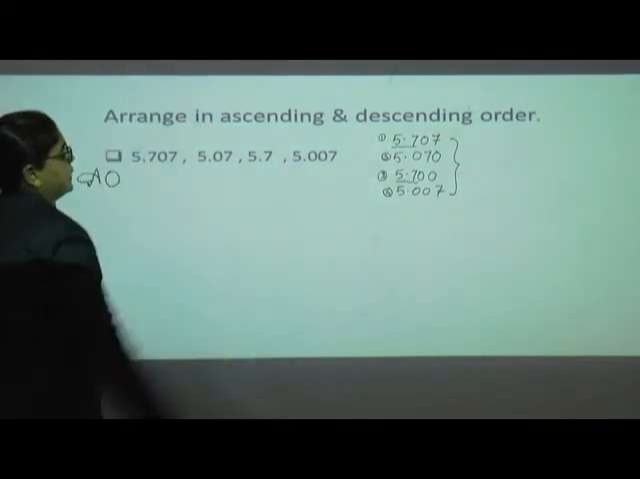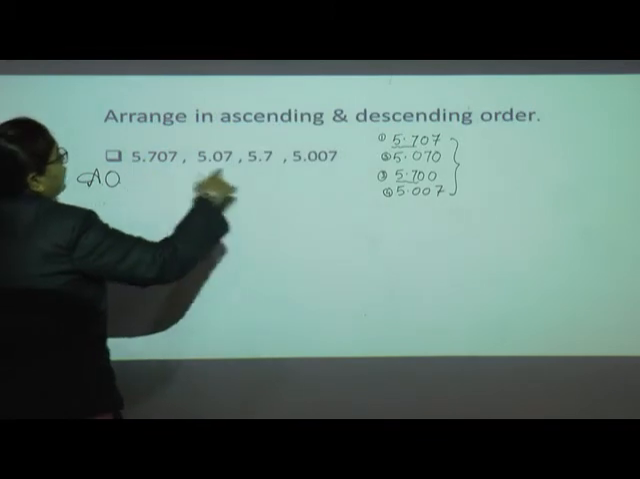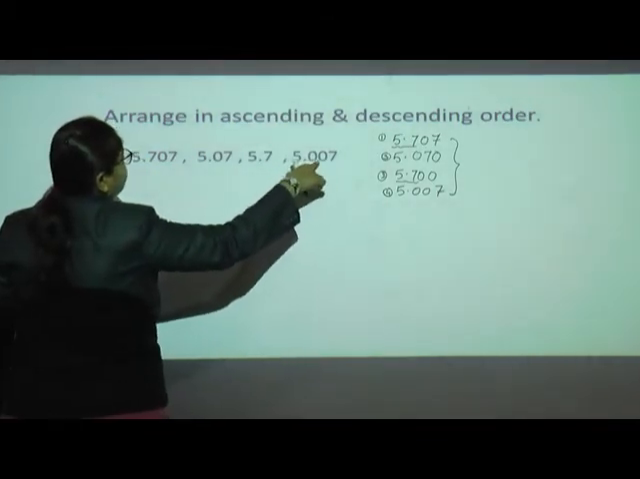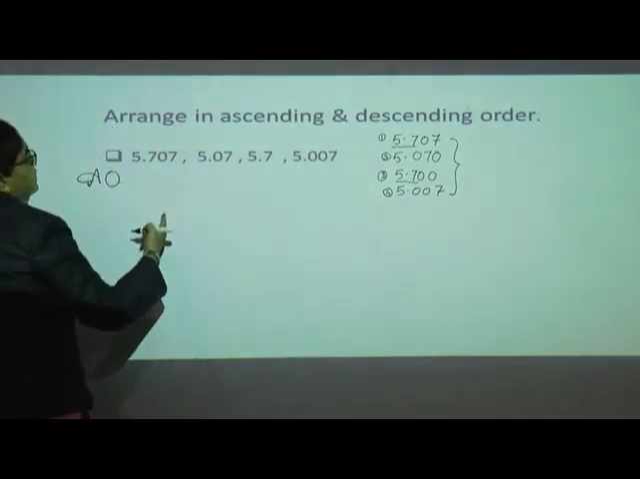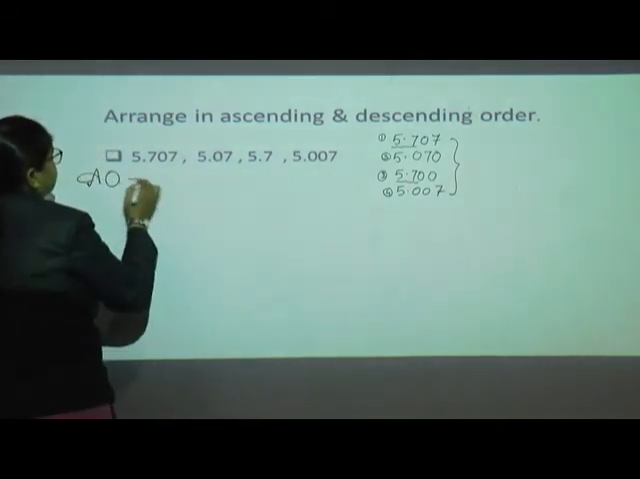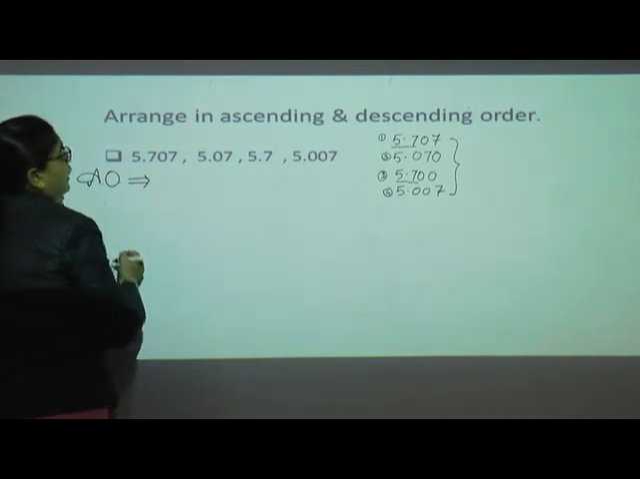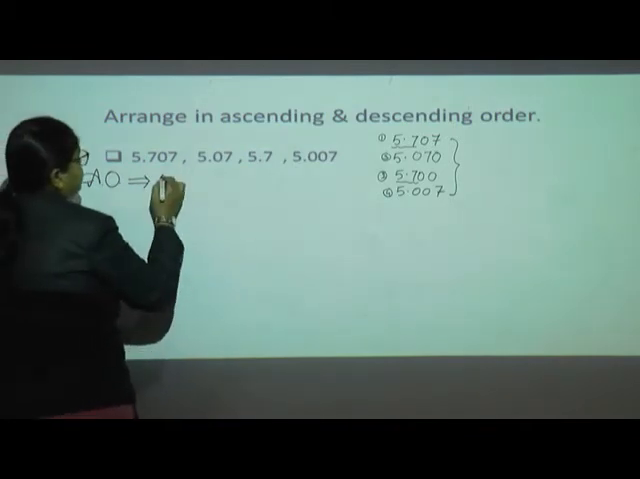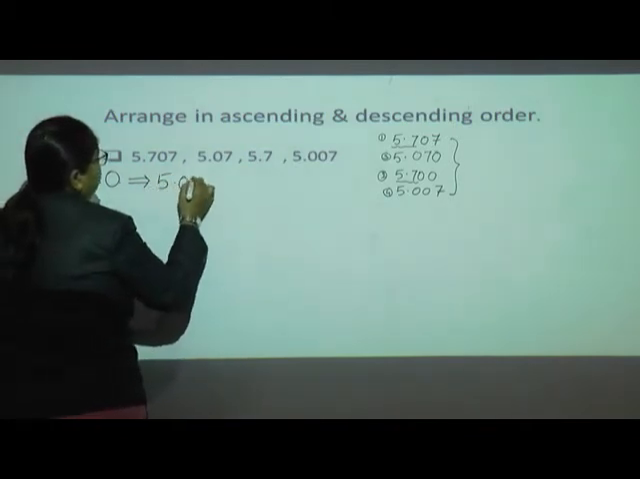Smaller to bigger is ascending. So what is my lower number here? The number with more zeros after the decimal is always lower, because here I am having 2 zeros, and here we are having 1. So in ascending order, we write the first lowest decimal number, which is